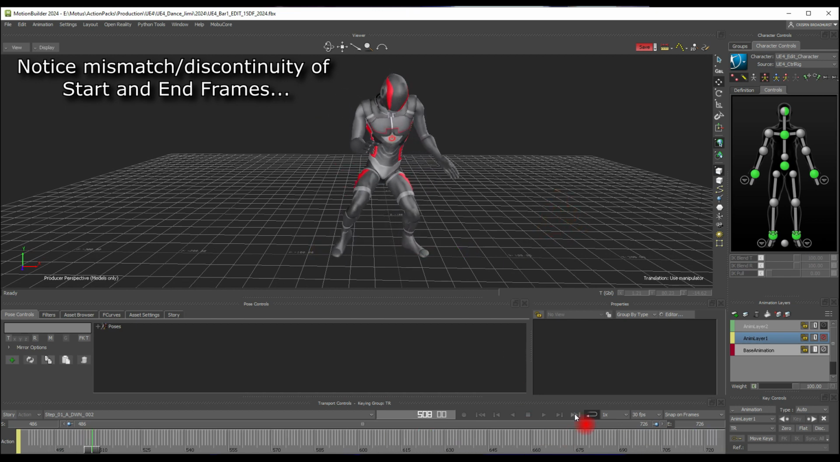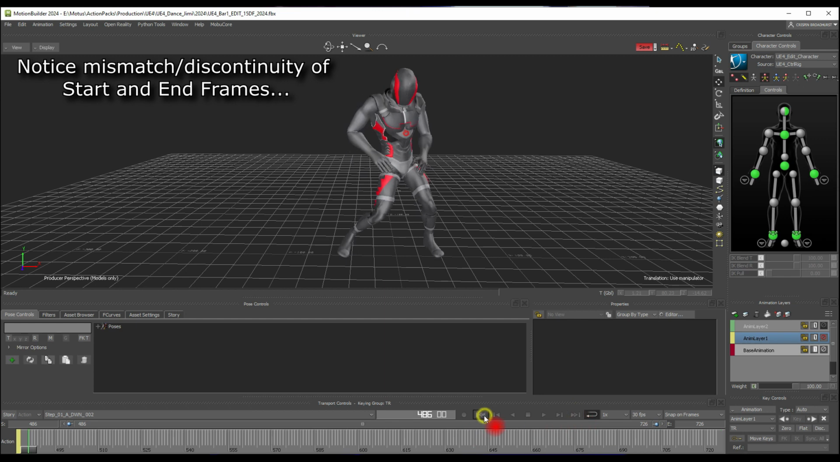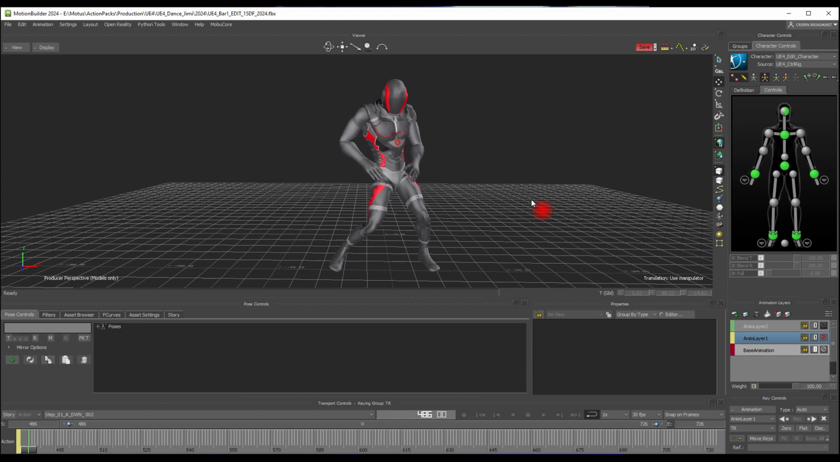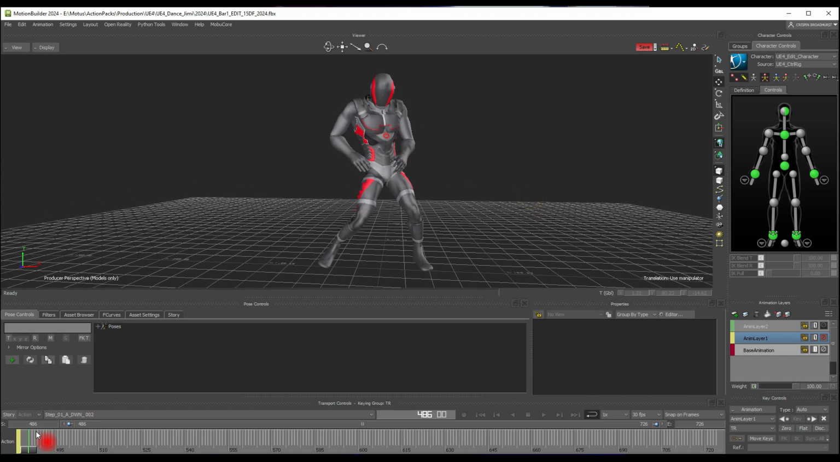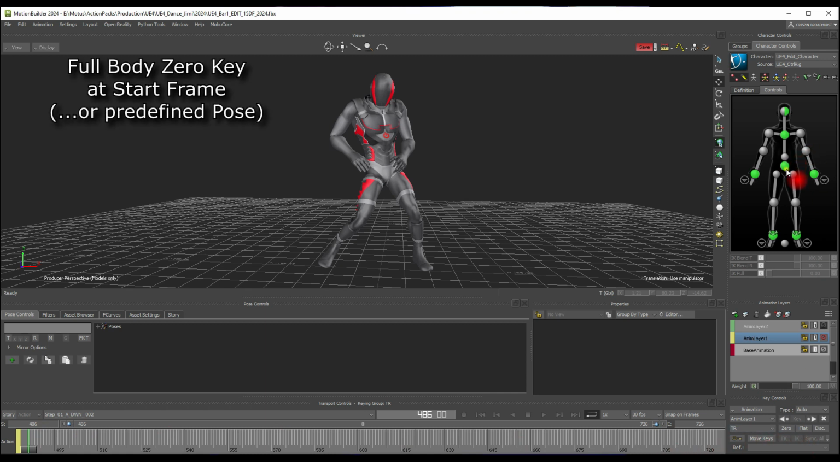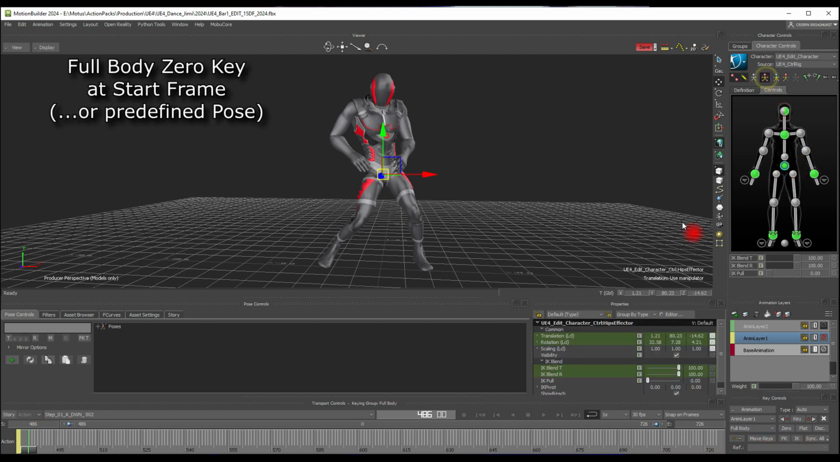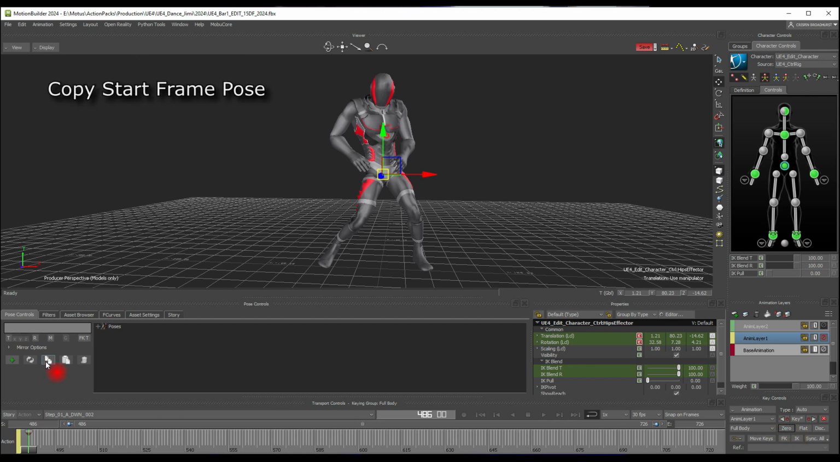So we have our discontinuity, those places. We don't have a predefined pose, so we're going to use the top of the animation as the pose. So we're going to set a 0 key, full body, 0. We're going to copy that pose. Then we're going to go down to